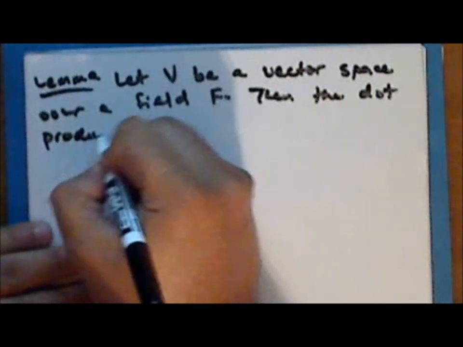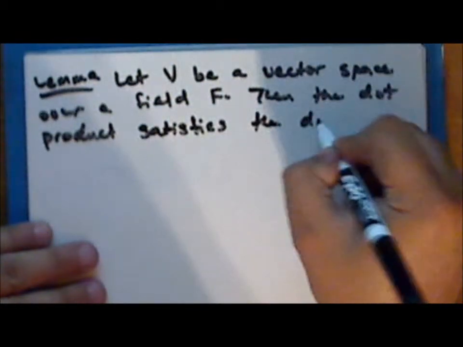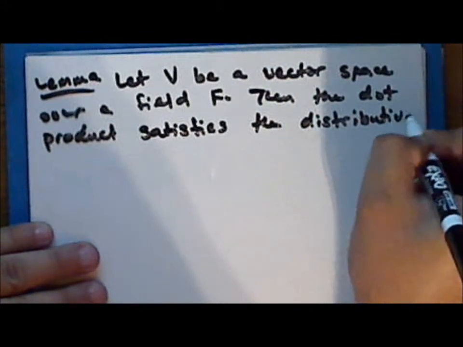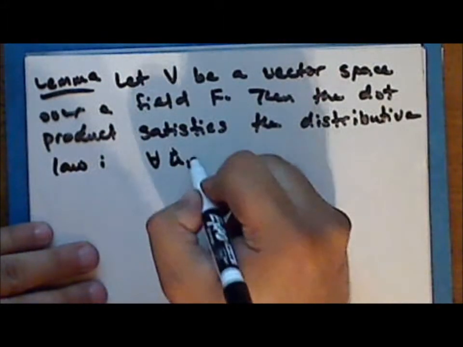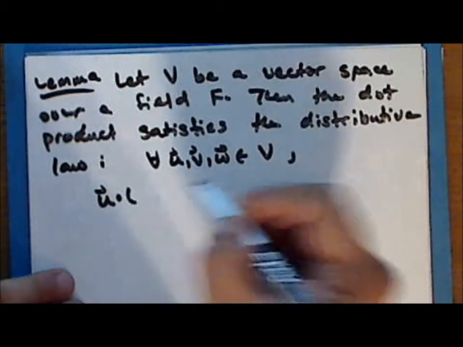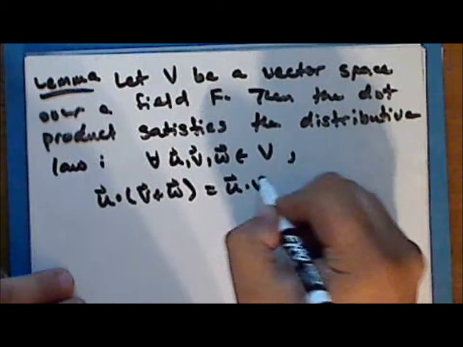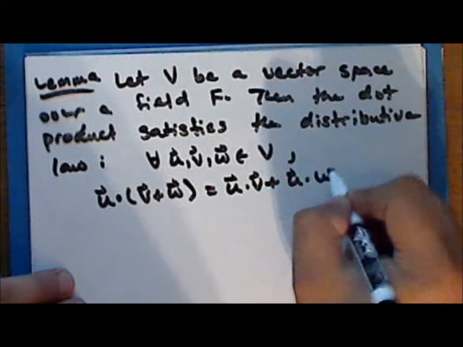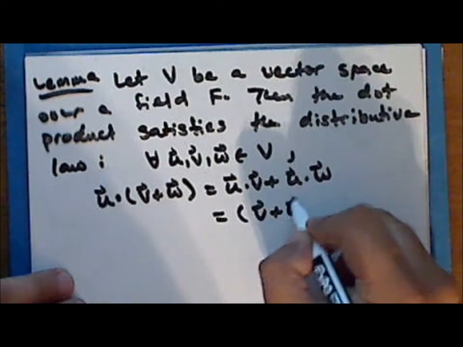Then the dot product satisfies the distributive law, that is, for every three vectors u, v, and w in the space, we have that u dot the sum of vectors v plus w is the sum of the dot products u dot v plus u dot w, which is the same as the sum of vectors v plus w dot u. So proof: